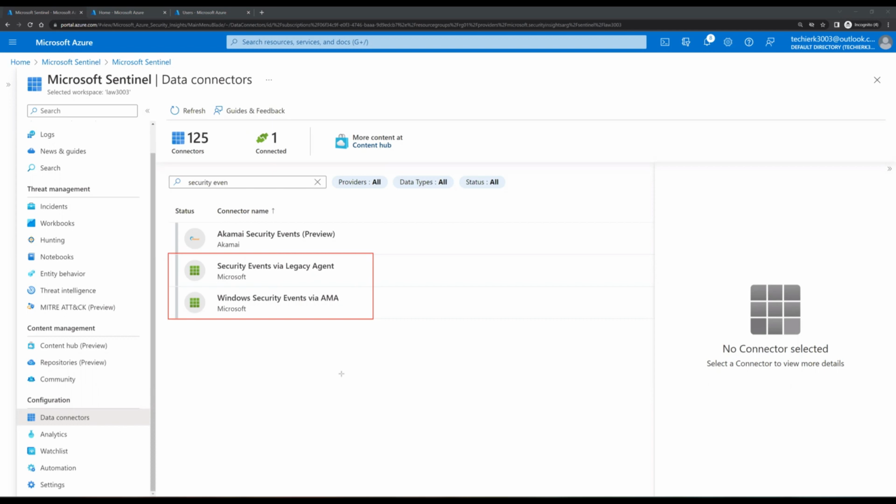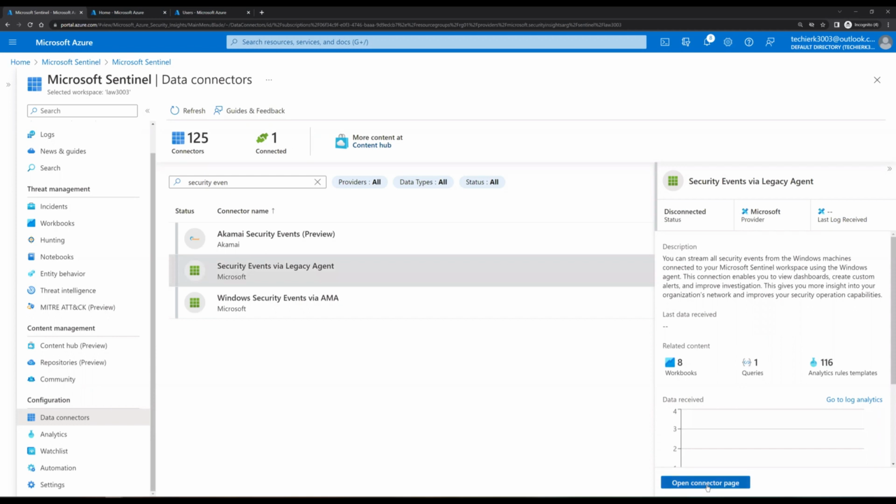So Log Analytics agent is the legacy agent now, which is going to retire somewhere in 2024. Azure monitoring agent is the new agent which is replacing it. We're gonna talk about the Azure monitoring agent in the future videos, but as of now, let's select the option of legacy agent,